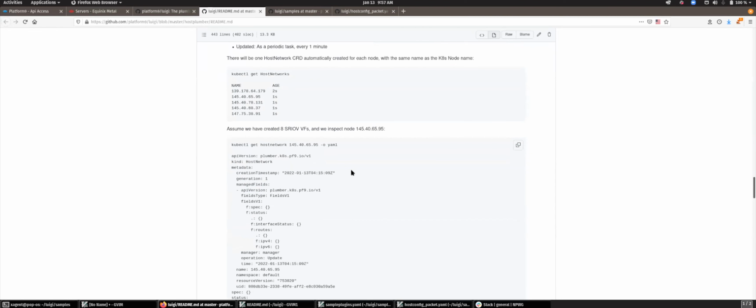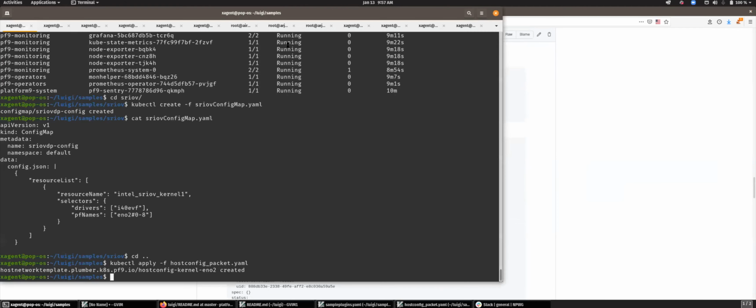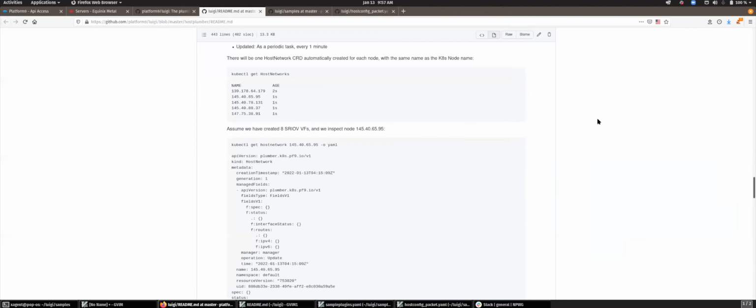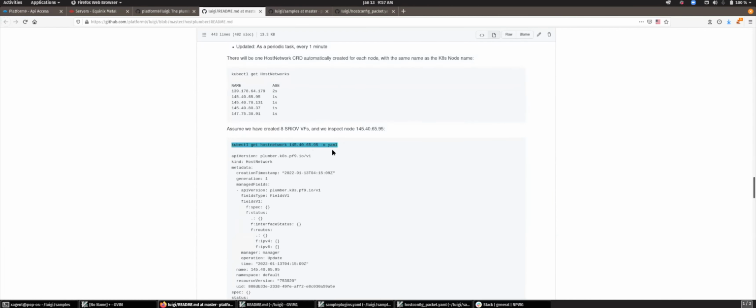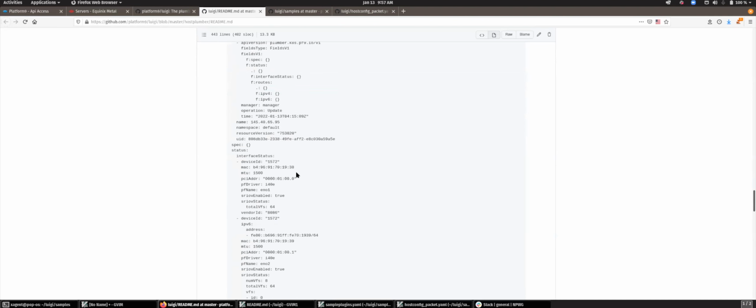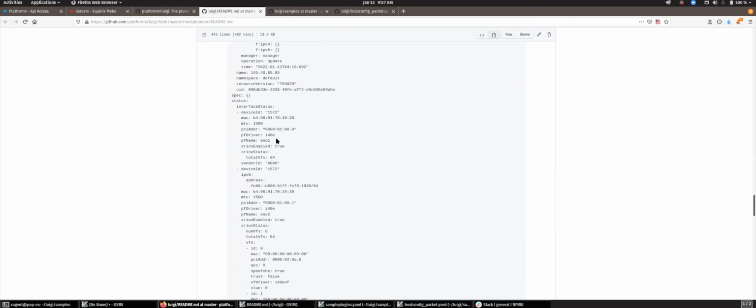But the main reason is that this also gives you a way to view the networking state of your nodes and, say, verify that all of this stuff has been created. You don't have to get on every node. So if you did, for example, kubectl, let's say one of these nodes is the same node that I was using. Let's say you just did a get on the resource. It's going to print out all of the networking information.